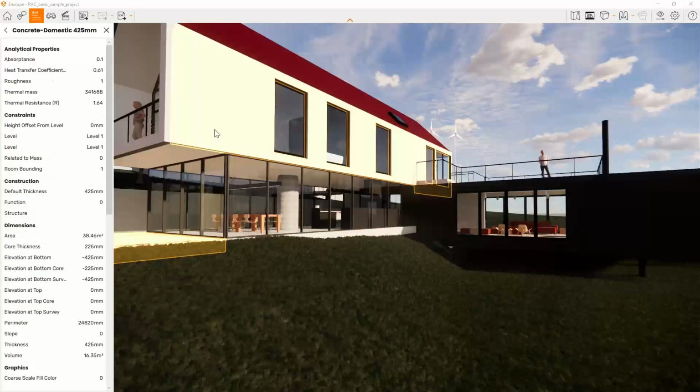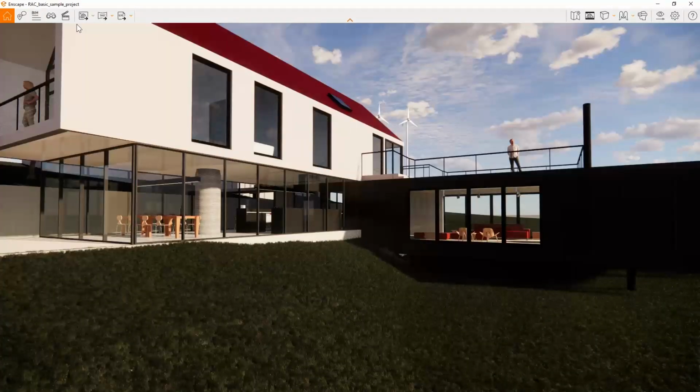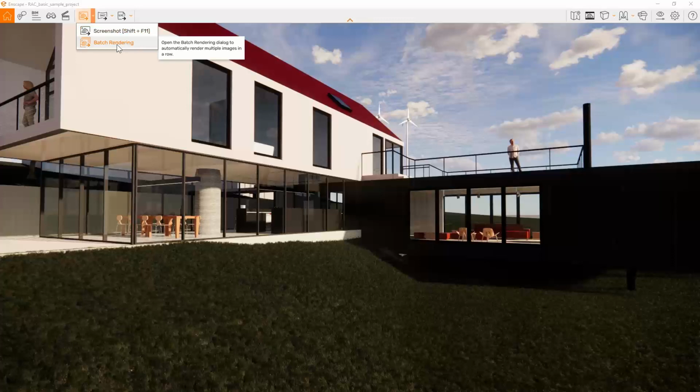So to close that, one big thing to note is the take screenshot button. So this is essentially to produce a render. This was back in the design application. So in this case, it was in the Revit window. This is where it's moved to now. So this is where we have our screenshot. Again, create renderings. We have our batch rendering. Another way is